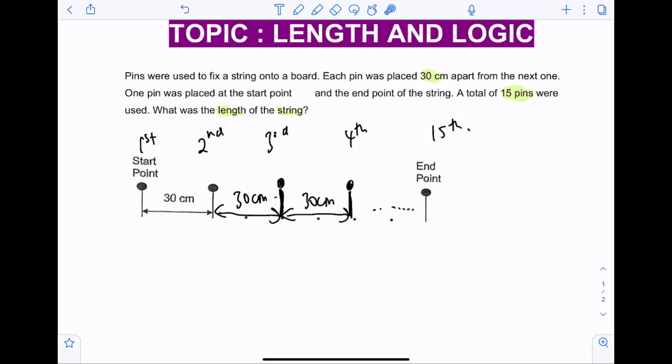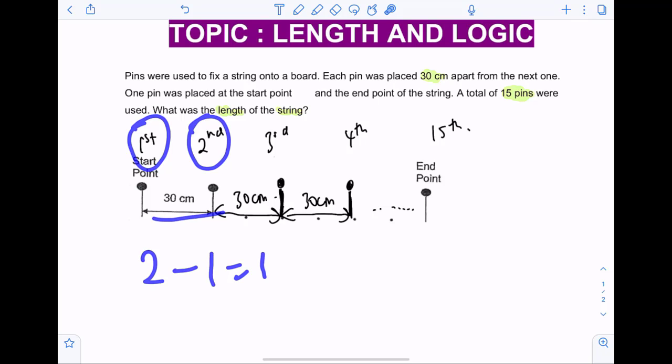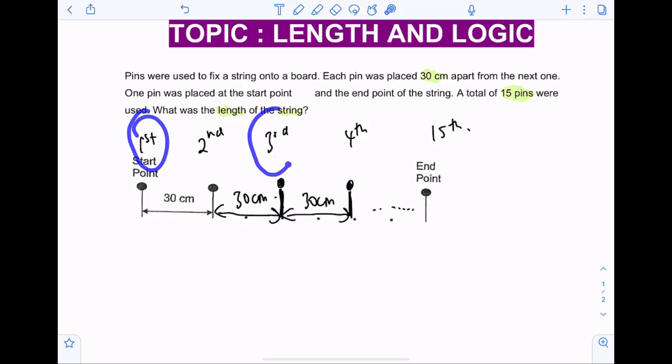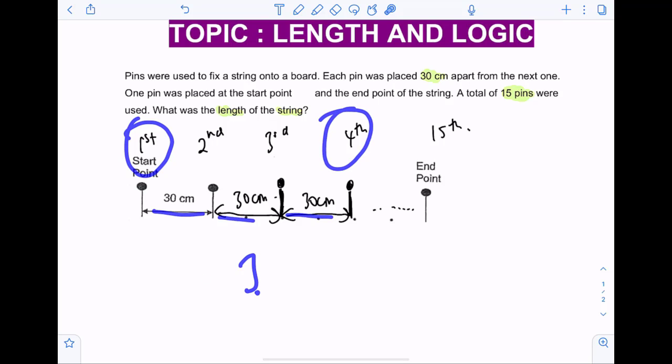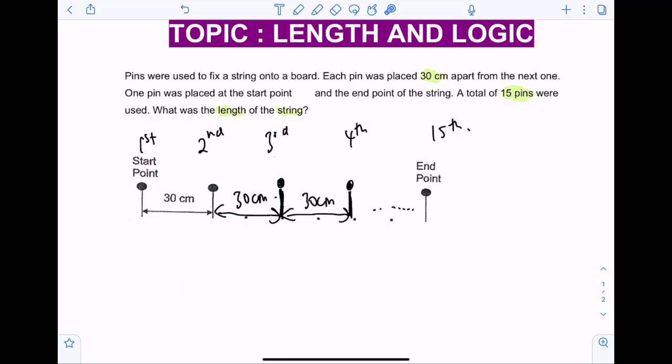Let's see whether that step works for a smaller number of pins. So between first and second there is one gap. 2 minus 1, one gap. Between first and third there's two gaps. 3 minus 1, there's two gaps. Between the first and the fourth, 1, 2, 3, there are three gaps. How do you get 3? 4 minus 1. Okay, so between the first and the 15th, by using the same process, the number of gaps